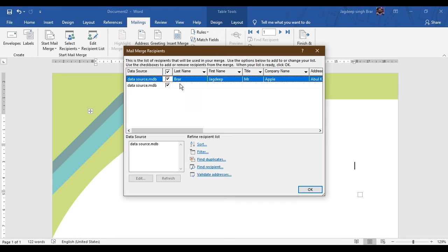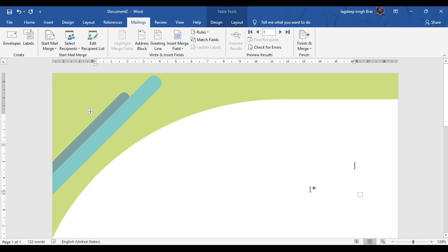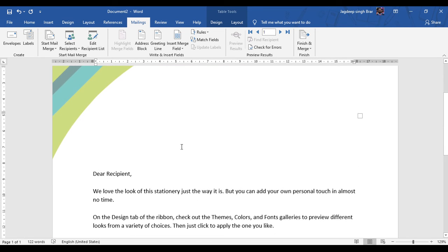You can also use the sort feature and the filter option to find the people according to their different groups. You can also add more information in your mail document with the help of this data source. So you can write and insert a field, for example a greeting line. Select the greeting line option.